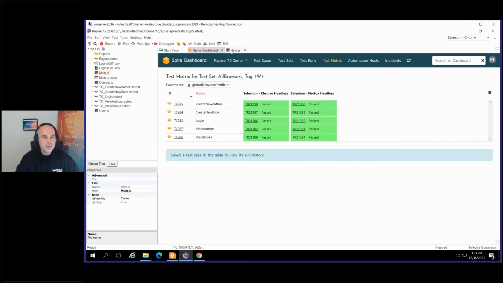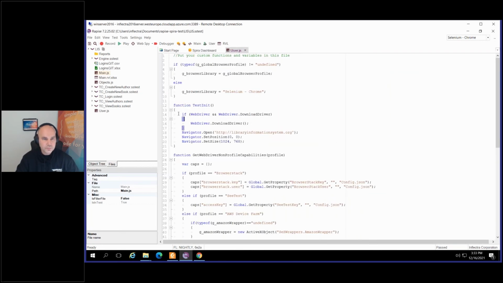So let me go to user.js file. And here I have a test init. So this is the function that is executed before every test. And I now have here just 3 lines to work in Rapise 7.2 and 7.1. So in Rapise 7.2,